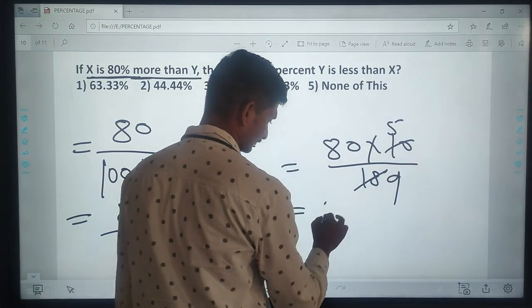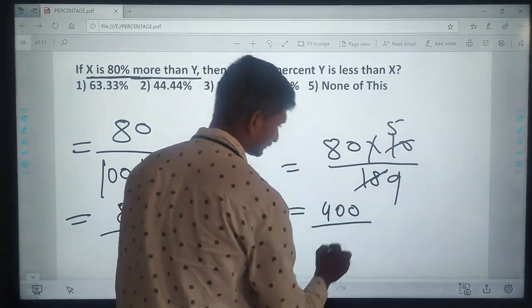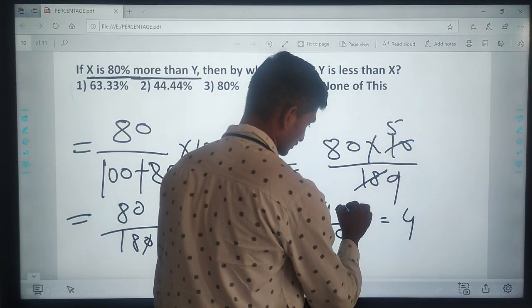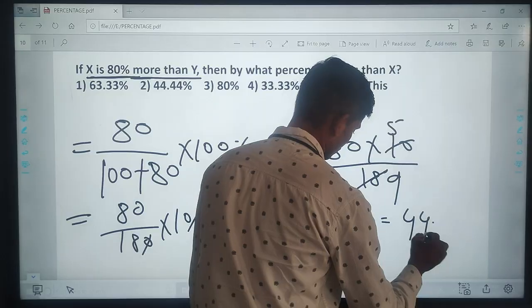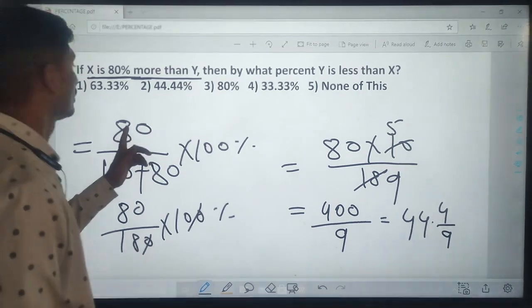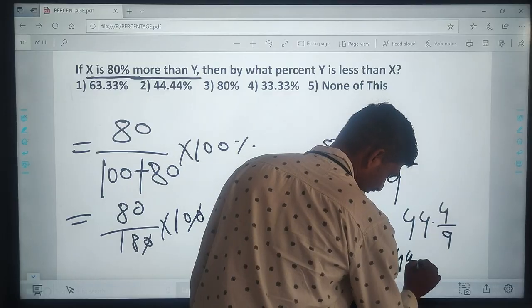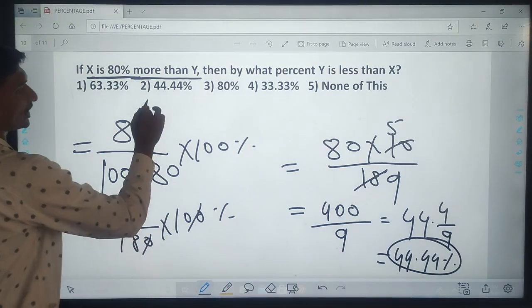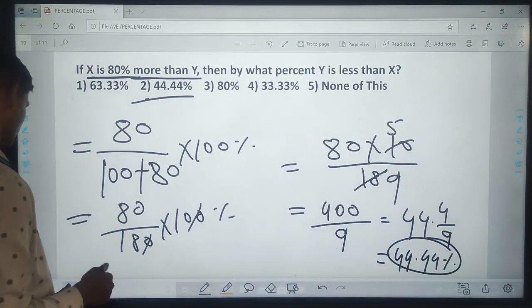Here 80 into 5 is 400 divided by 9, that is 44.44%. Now your answer is 44.44%. Next,